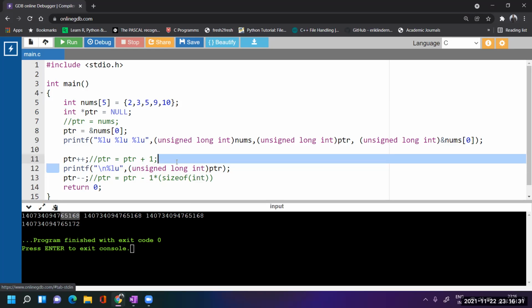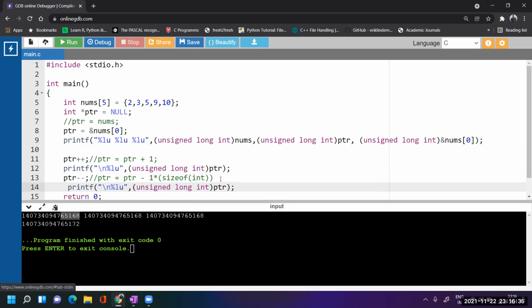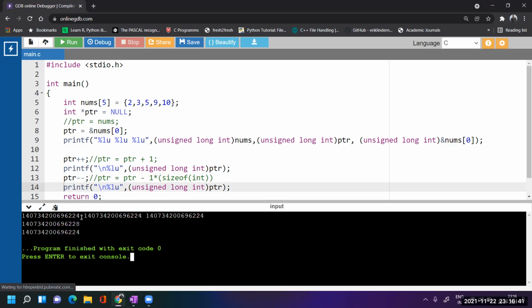So let us print it again. Run this. Now see, at first it is at the base address, that means the address of the first item. Due to the ptr++, it is pointing to the second item, the address of the second item.